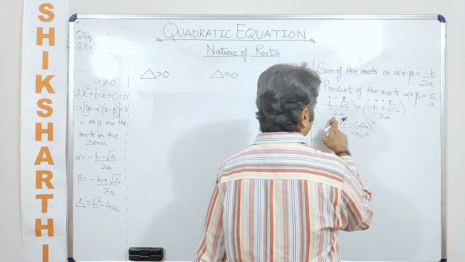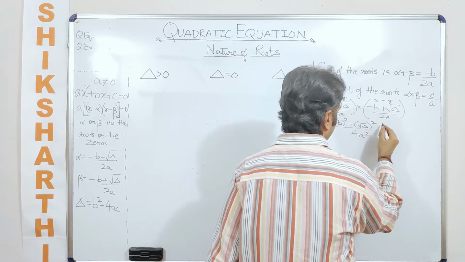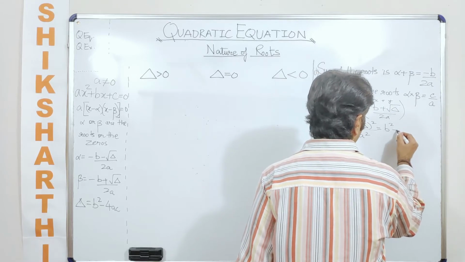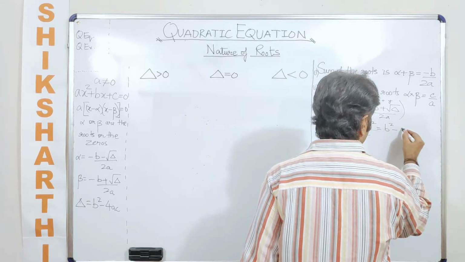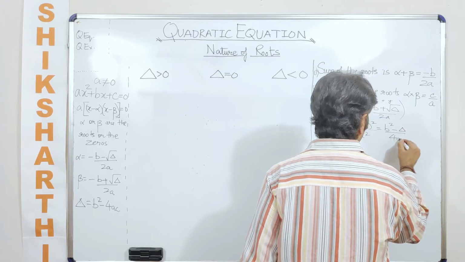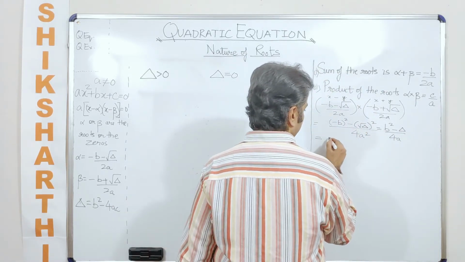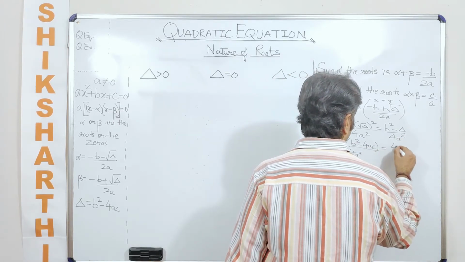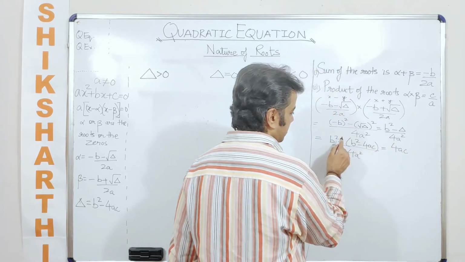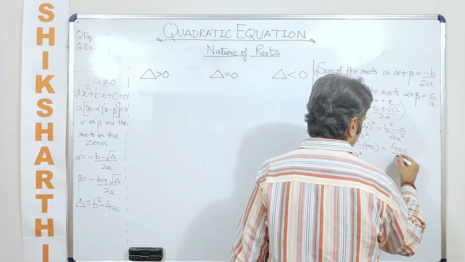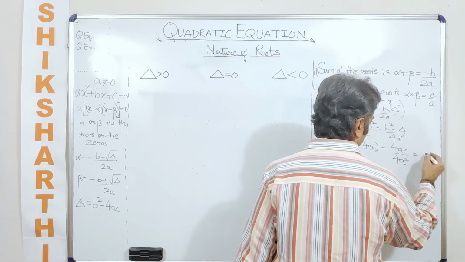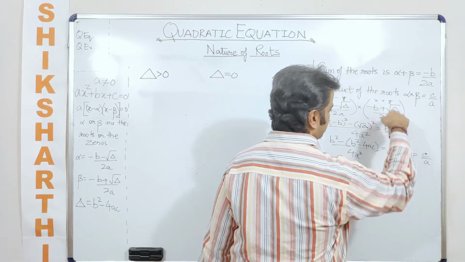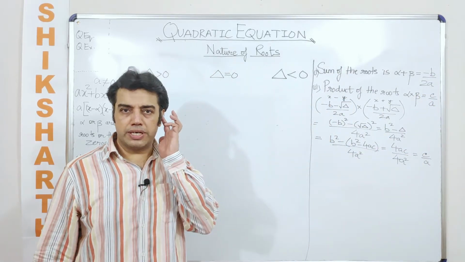So can I write that this is nothing but minus b whole square minus root delta whole square, which can be further written as b square, because minus b whole square is b square, minus root of delta whole square, which is delta, upon 4a square. What is the value of delta? b square minus 4ac. So eventually you get 4ac, because b square gets cancelled out, minus into minus is plus. So 4ac upon 4a square, which is how you get the value of the product of the roots as c by a. So even if you forget, still you can derive it.